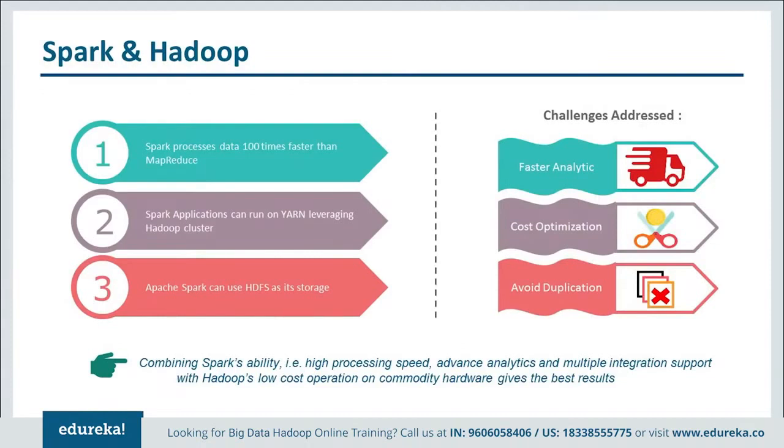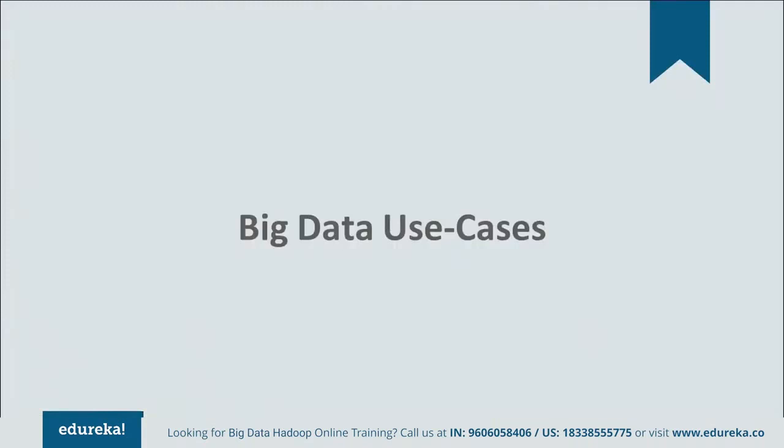So Hadoop forms a very strong foundation for any of the future big data initiatives, and Spark is one of those big data initiatives. It's got enhanced features like in-memory processing and machine learning capabilities, and you can use it with Hadoop. And Hadoop uses commodity hardware, which can give you better processing with minimum cost. These are the benefits that you get when you combine Spark and Hadoop together in order to analyze big data. Let's see some of the big data use cases.